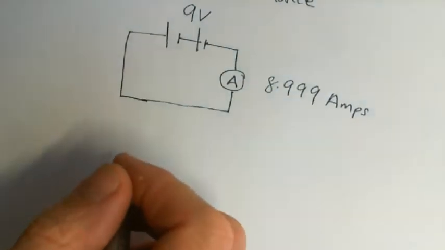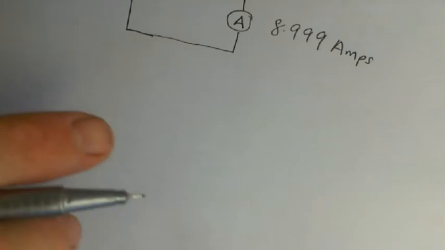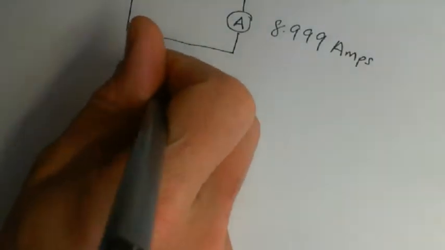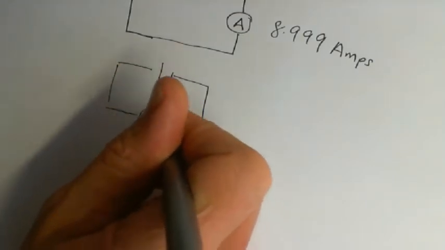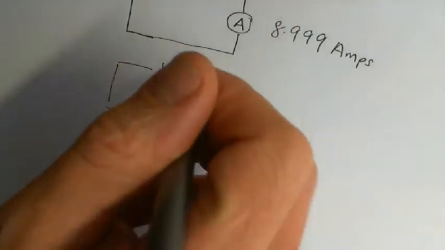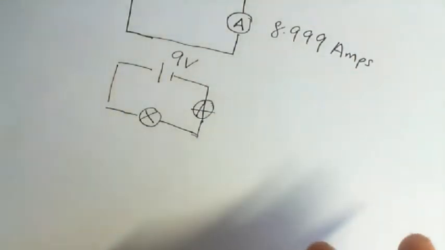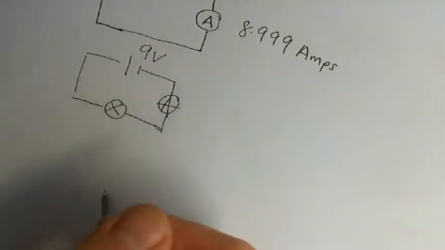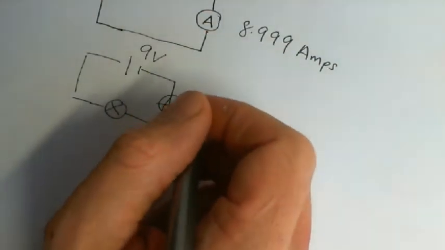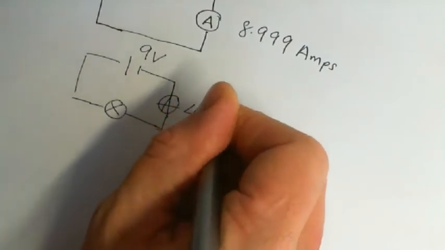But if you put a light bulb in, that makes it harder. So that increases the resistance in the circuit. So if we have a look at that with a light bulb in. And now, if the ammeter reads 4.5 amps,